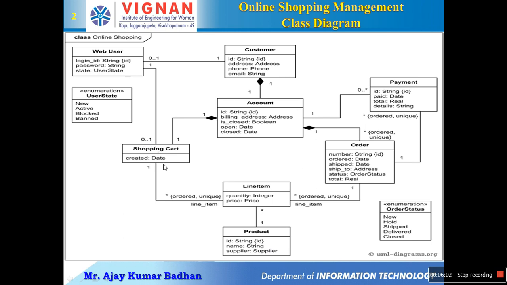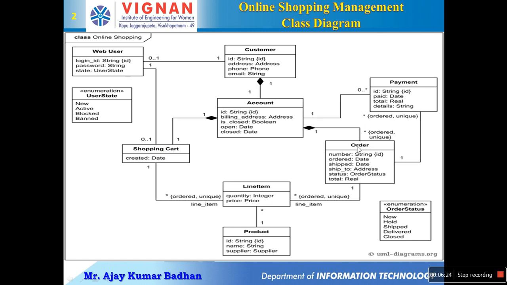Why? Because we are not the only user related to that particular website, right? Amazon doesn't have only a single customer, they have millions of customers. That's the reason he is representing 0 to 1. And what is 0 to 1? It can be 0 or more than 1. That is what he is representing here for web users. But coming to account, every account will have only a single shopping cart. That's what is represented. You understood.